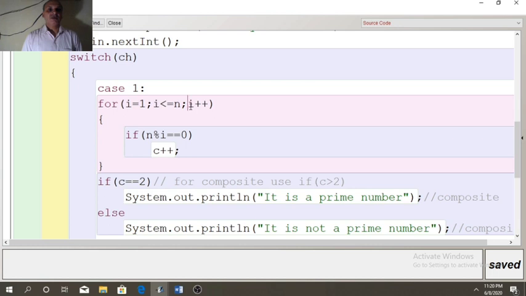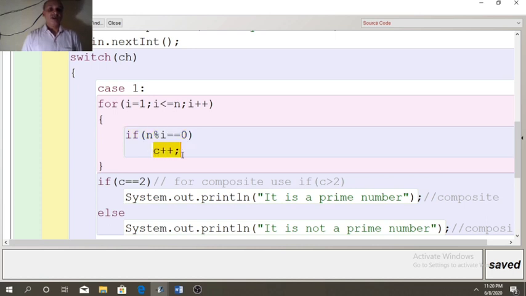Now I will become 2. 2 is also less than or equal to 3. So in the body, this time if condition fails, 3 modulus 2 equal to 0 is false, because 3 is not divisible by 2. So 2 is not a factor.